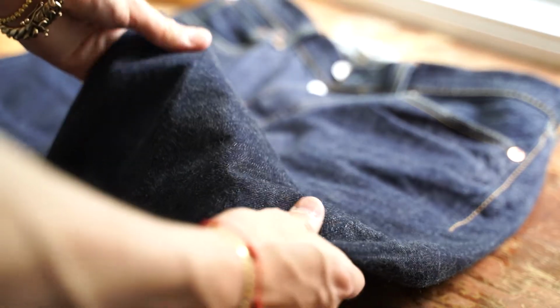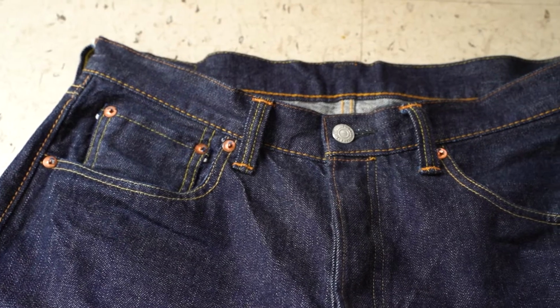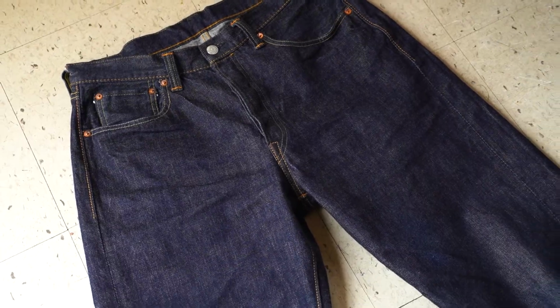I mean, the look, the character, the feel of these jeans is so beautiful. It's so hairy. There's so many different shades of blues and indigos in the fabric. There's a slight slub in it, but not too slubby, so it still has a really nice, almost kind of uniform appearance with a little bit of texture to it. But really, to me, my favorite part of the texture is the hairiness that it has on top of the